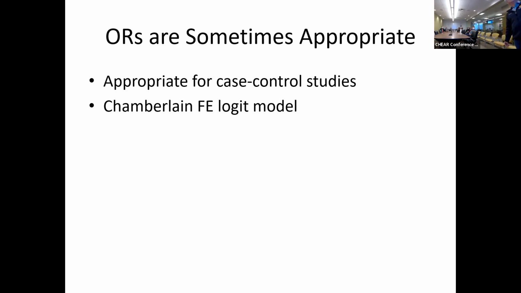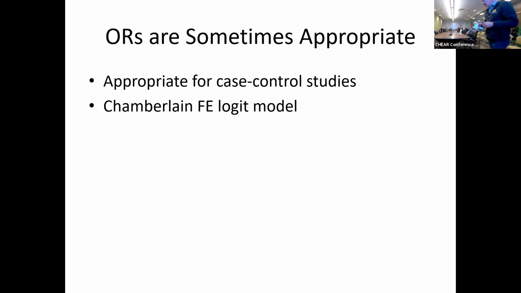I don't have time to go into that. For economists, it's Chamberlain's fixed effect Logit model. But if you have basically paired subjects, one of whom is a smoker, one of whom is not, one has treatment, the other is control, and they're alike in all other ways, mathematically, you no longer have a fully representative sample, and so you don't have an overall probability that's representative of the real sample anymore. All you have is a relative effect of the treatment versus control, and odds ratios are absolutely the right thing to do.